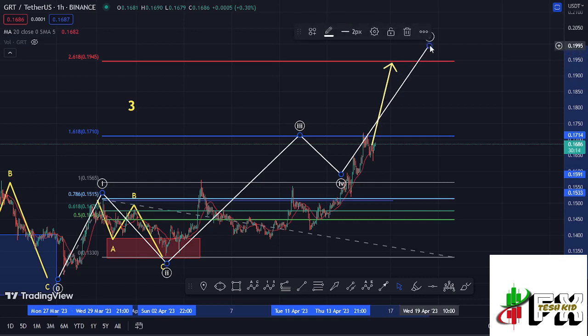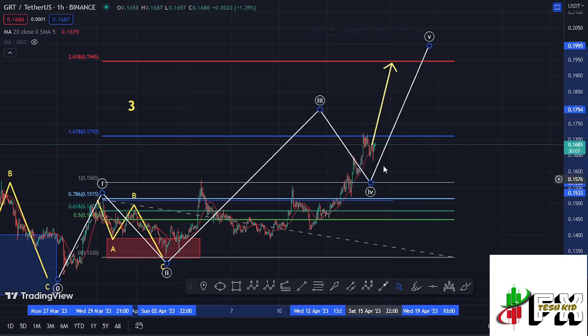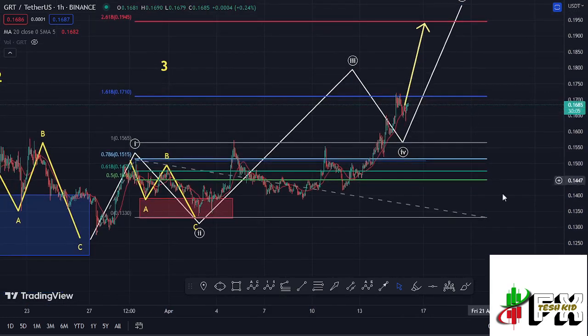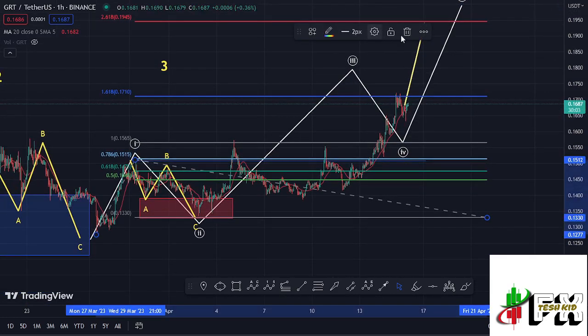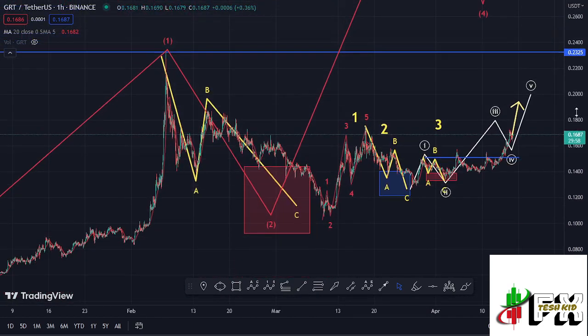I still expect further upside, give us one more high in the formation of this wave 3 before we can see that wave 4, then continue gearing up in the formation of that wave 5. And that is what I'm expecting on the short-term scenarios, and giving you the long-term outlook here on the GRT